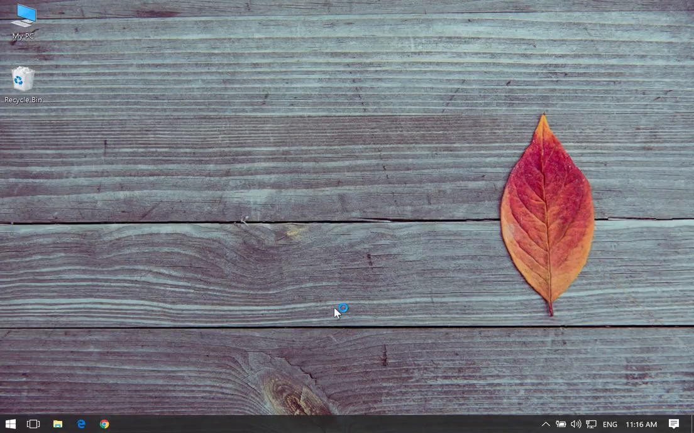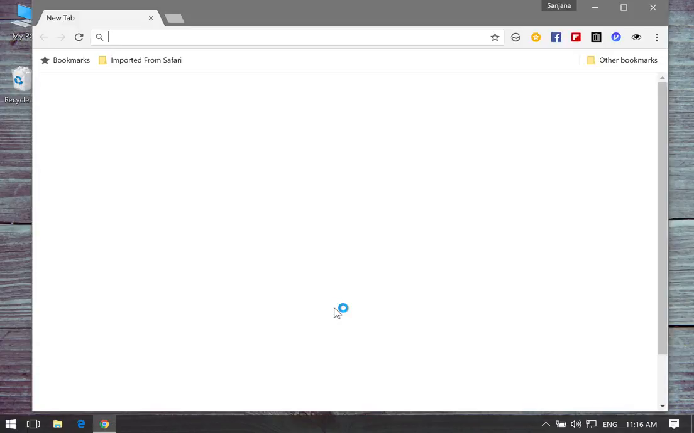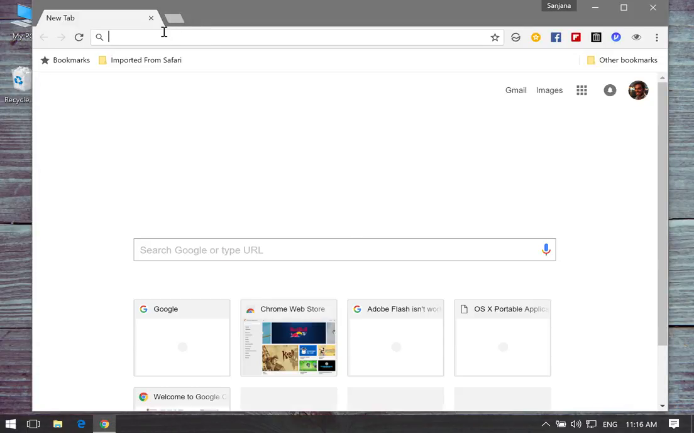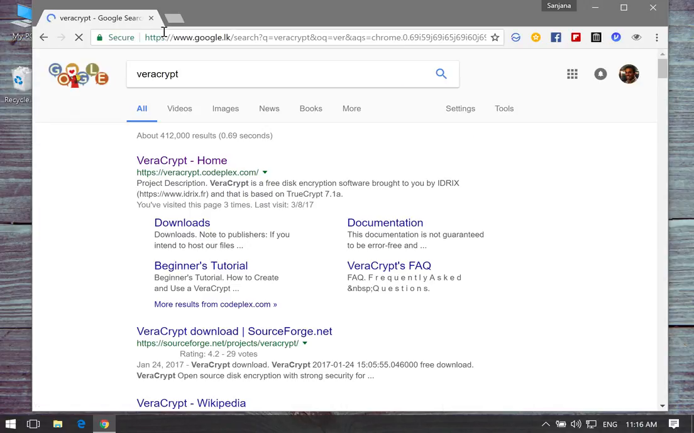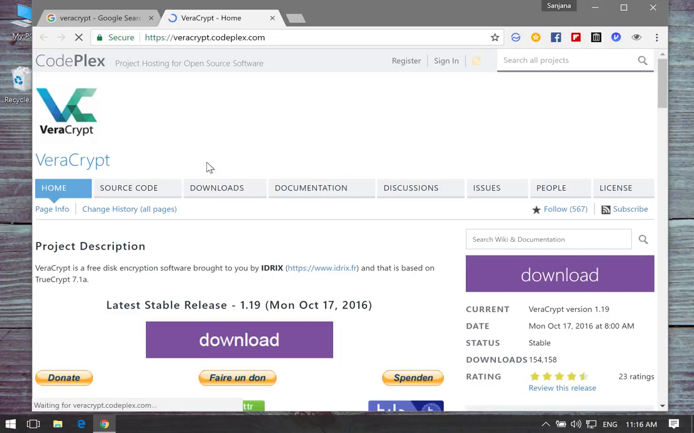You can download Veracrypt using any browser. Here I'm using Chrome, but if you want, you can use Firefox. And you can just search for Veracrypt on Google, and it usually should give as the first result the Veracrypt homepage, veracrypt.codeplex.com. If you click on it, it'll open the page, and it'll give you two prominent links through which you can download the program. And if you click on download,